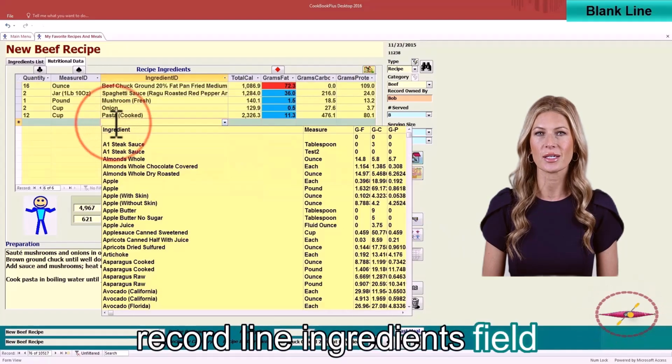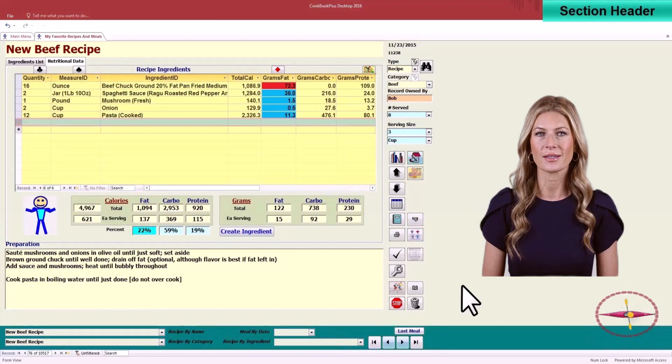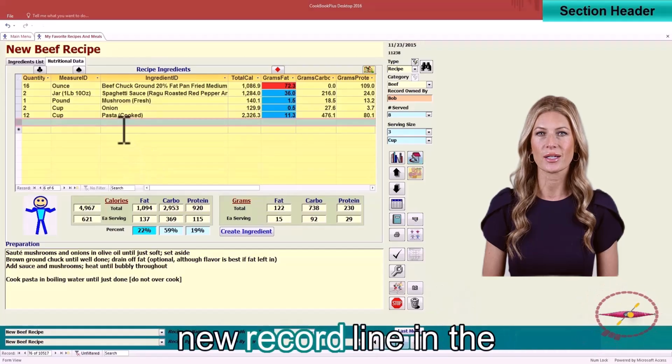If you want to insert a blank line in your listed ingredients, click in the New Record Line Ingredients field and choose the blank ingredient, which will be the first one listed. If you want to create a section header for your ingredients list, click in a new record line in the